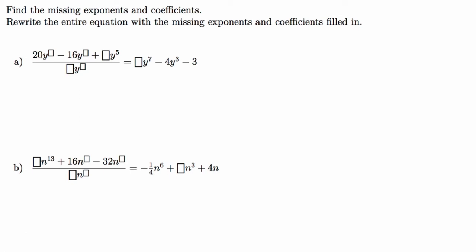Now one thing we can take for granted is that the first term in the original numerator, 20y to the something, after it's divided by the monomial, does become the first term in the result, something y to the seventh. Similarly, negative 16y to the something divided by that monomial did become negative 4y to the third. And finally, that something y to the fifth divided by, well, we don't know what's in the denominator, did become